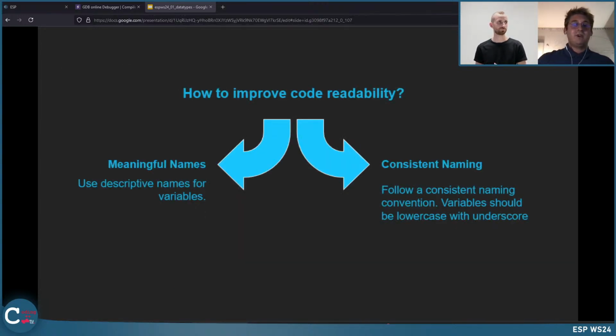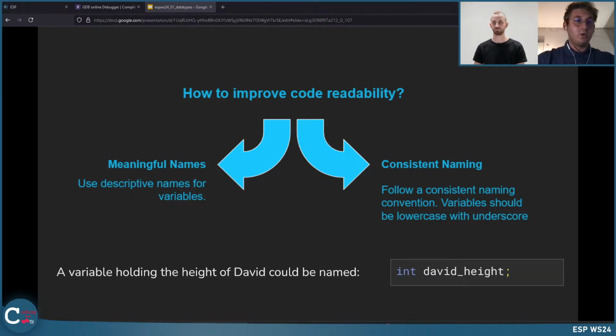And now a brief but very crucial practical tip. Please, throughout your studies and also throughout your professional career, use both meaningful and consistent names when you program. Simply choose descriptive names that clearly indicate the purpose of the variable. So what's the reason, or what value does it hold?